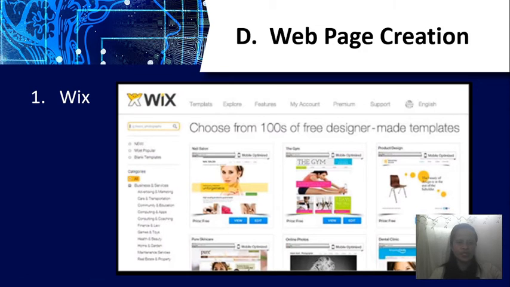Wix.com. It's a cloud-based web development platform that allows users to create HTML5 websites, or hypertext markup language, without any coding knowledge about programming.